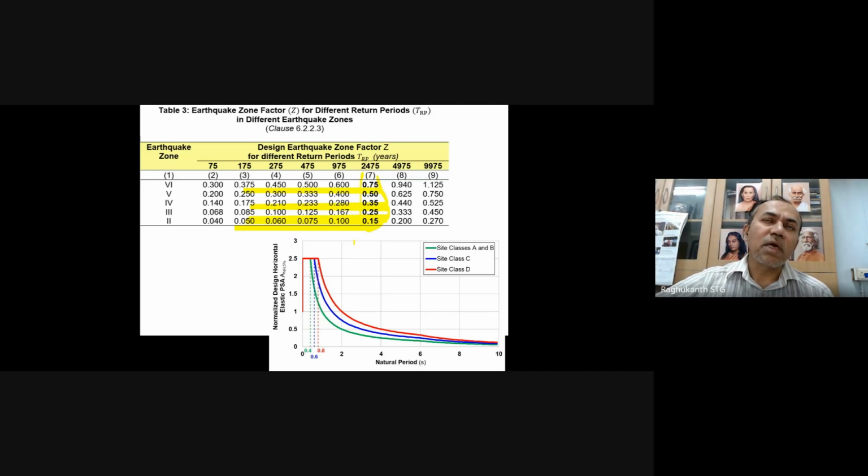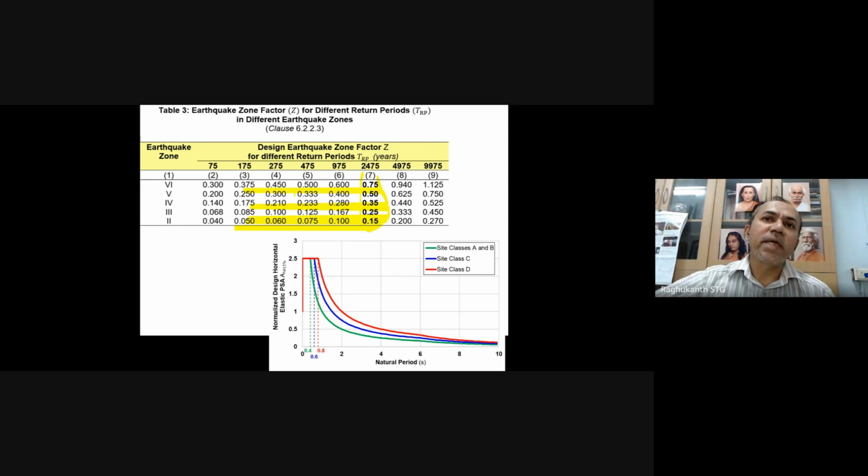Because all international codes use A, B, C, D type of classification. So we also wanted to have the same type of classification for consistency with international codes. So three shapes have been given basically. For C type site and D type site, the long period values will be on the higher side. The smooth spectral shape came from averaging the spectra itself. The equation is also available in the code, where you can use it and plot this.